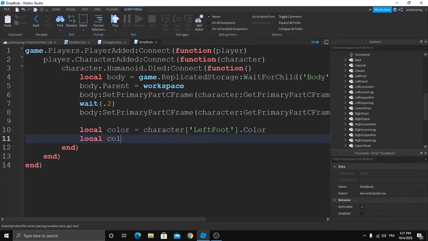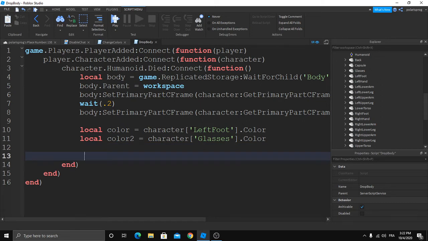Local color2 is equal to character, glasses, dot color,